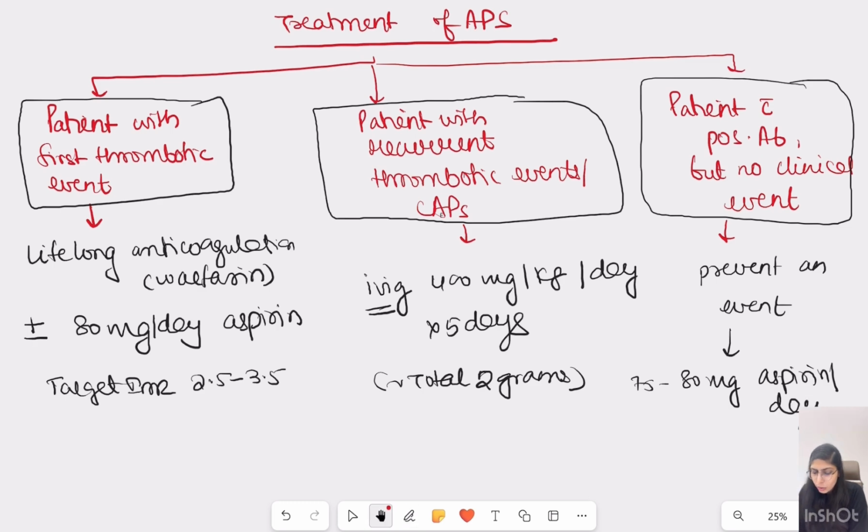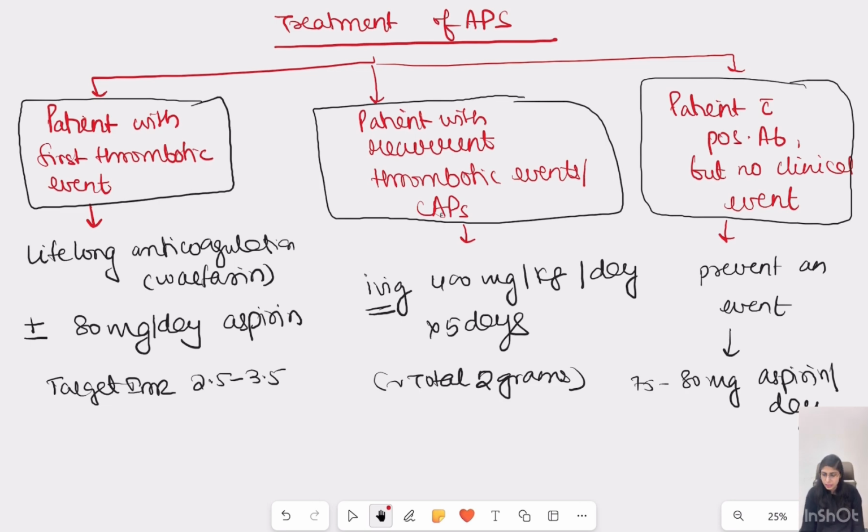This is prevention. So a patient who has had a first clinical thrombotic event either involving the veins or the arteries, put the patient on lifelong anticoagulation, maintain INR between 2.5 to 3.5. A patient with recurrent thrombotic events or a catastrophic APS wherein 3 organs are involved simultaneously, for example, a patient has DVT, went on to have pulmonary embolism and also has a CVT, a cerebral venous thrombosis. So 3 organs are involved: lung, brain and the leg vessels. In that scenario, it is a catastrophic APS and you have to put the patient on IVIG. Now, IVIG is an expensive injection, but it is a very good drug for suppressing the immunity or antibodies, right? So IVIG, total of 2 grams divided over